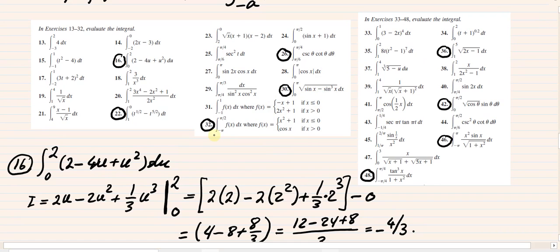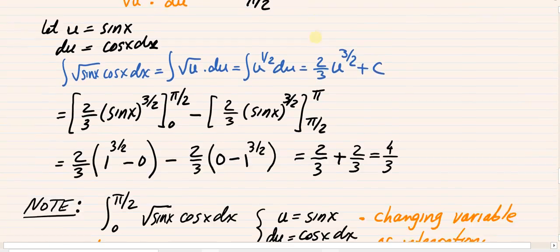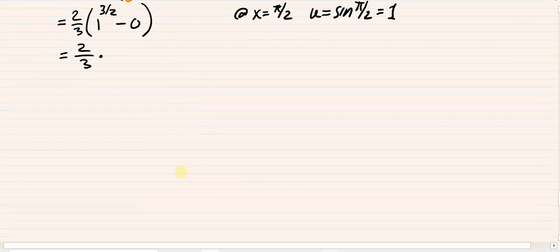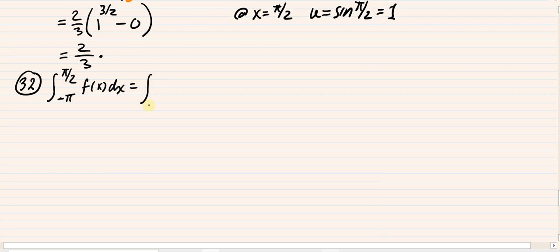In number 32, we have the integral from negative pi to pi over 2 of f of x dx, where f of x is given by this piecewise function. Now, if x is negative, it's going to be a quadratic function. If it's positive, it's going to be cosine. So this will be in number 32: from negative pi to pi over 2 of f of x dx. And this will be the integral from negative pi